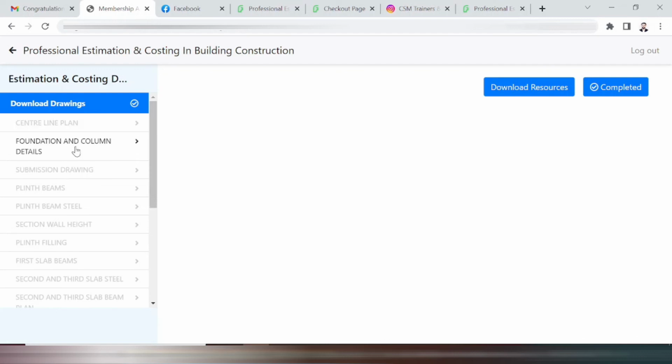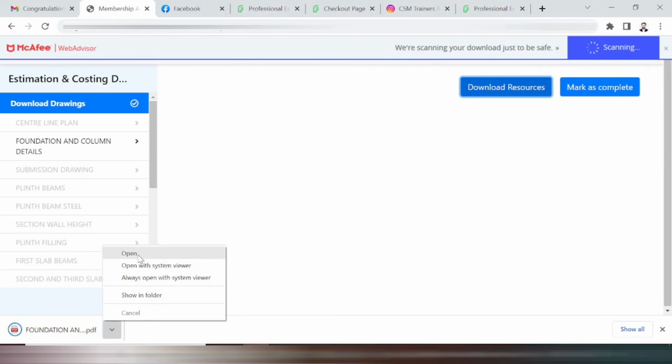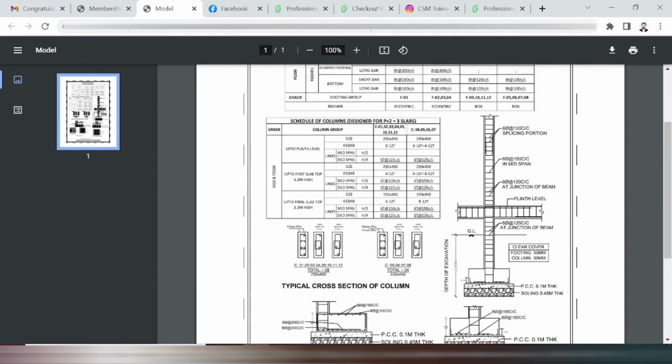For example, if I click on this second resource, which is foundation and column details drawing, and I want to download it, simply click on the download resources button, and as soon as you click, you can see at the bottom this file has been downloaded immediately. You can open that also. You can see that this file has been downloaded, correct?